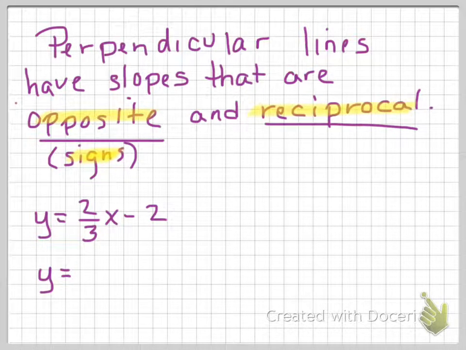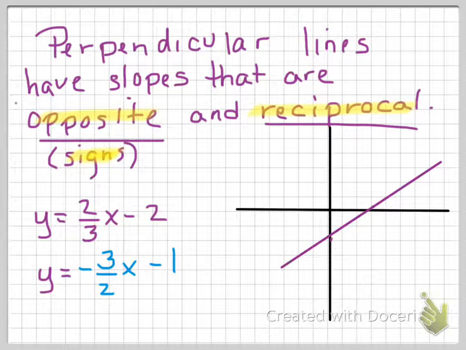If I gave you a line of y equals 2/3 x minus 2 and wanted to draw a line that was perpendicular to that, I would know that my new line would have to have a slope of negative, because I need the opposite sign, 3/2 x. And I could use any y-intercept here, maybe -3/2 x minus 1. Here's the equation of the first line, y equals 2/3 x minus 2, and that just looks like a line through the y-intercept of -2 with a slope of 2/3. But now I've drawn the other line with the opposite reciprocal slope, through the y-intercept of -1,